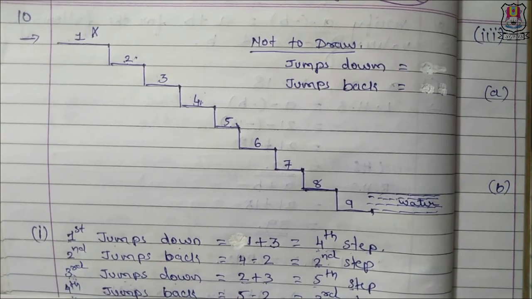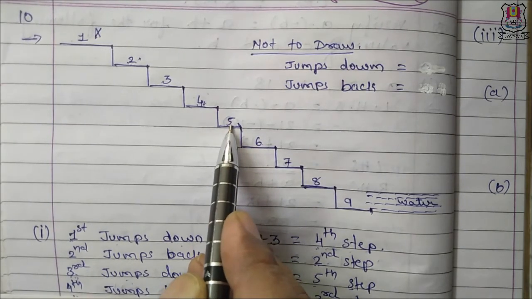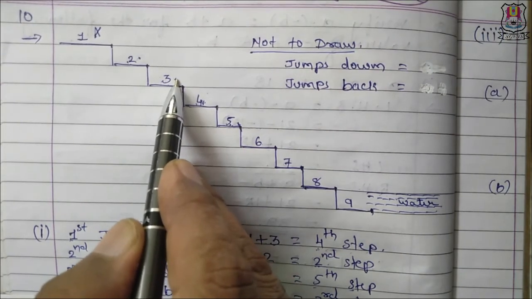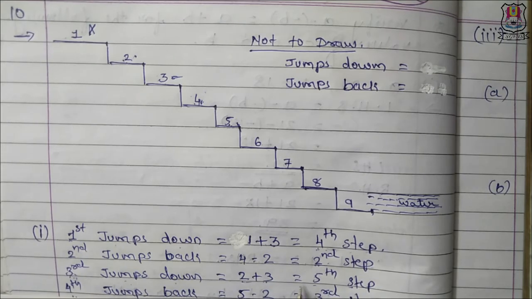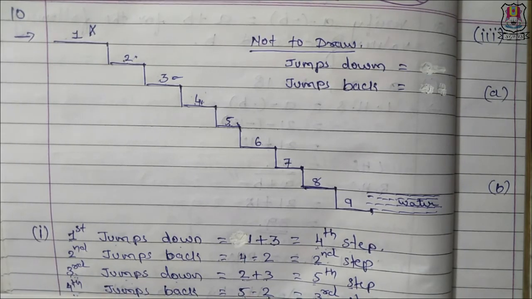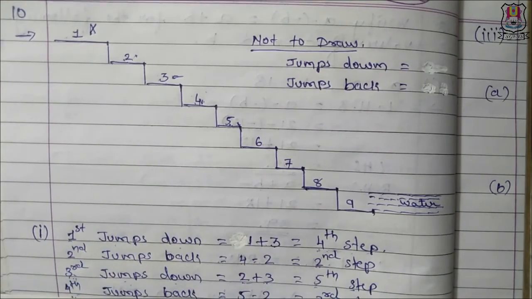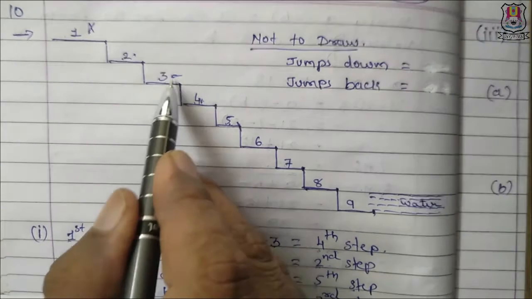Let's go on to the next step. From here again he jumps back 2 steps, as the question is saying. So 1 and 2. Now he is on which step? He is on 3rd step. So he was on the 5th step, then 5th step minus 2 step back, he is jumping upward. So 5 minus 2, that is he is now on the 3rd step. In total how many jumps he made till now? 4 jumps. Now he is on 3rd step.